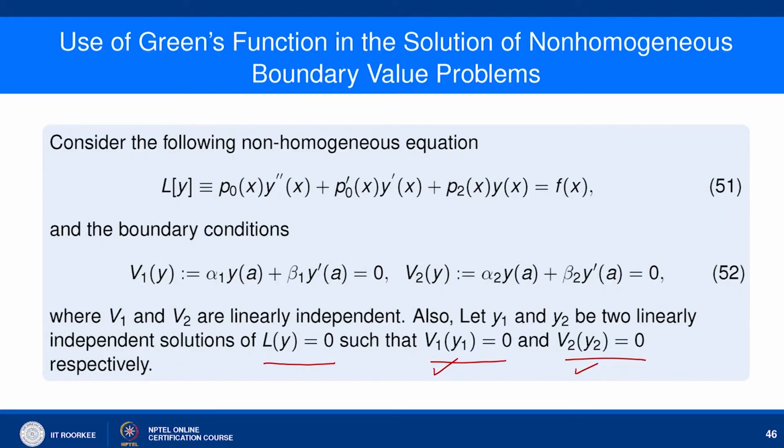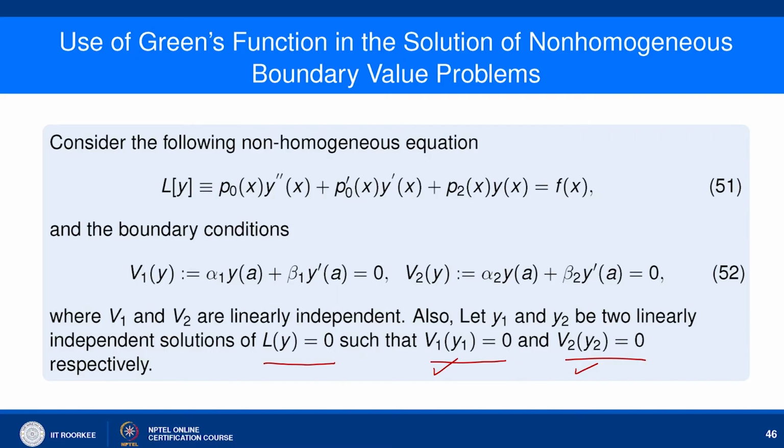Now let us proceed further and discuss how to use the Green's function method to solve the non-homogeneous linear ordinary differential equation. So here is the theorem. Consider the following non-homogeneous equation: P0(x) y''(x) + P0'(x) y'(x) + P2(x) y(x) = f(x). Please note that the coefficient of y' is P0'(x). So it is basically a self-adjoint non-homogeneous linear differential equation. So Ly = f is the equation given here, and the boundary conditions